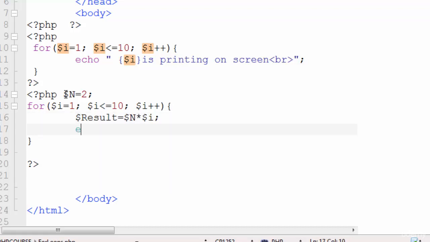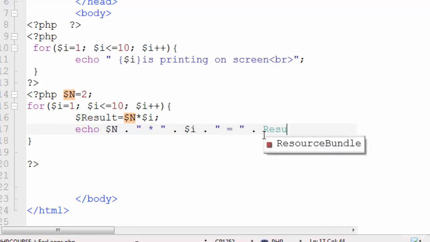Now in the echo statement, first I'm going to show the user this number, then by using concatenation inside the string I'm going to show our static text to the user, then I'm going to concatenate it with our I, this loop I. So first time it will be 1, then second time it will be 2, 3, 4, 5, 6, 7, 8, 9 and 10. Then I'm going to concatenate it with our string equal sign. Then we have to concatenate it with our variable result